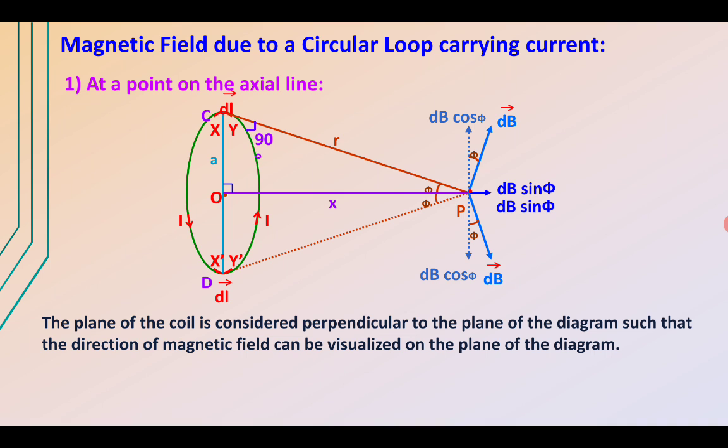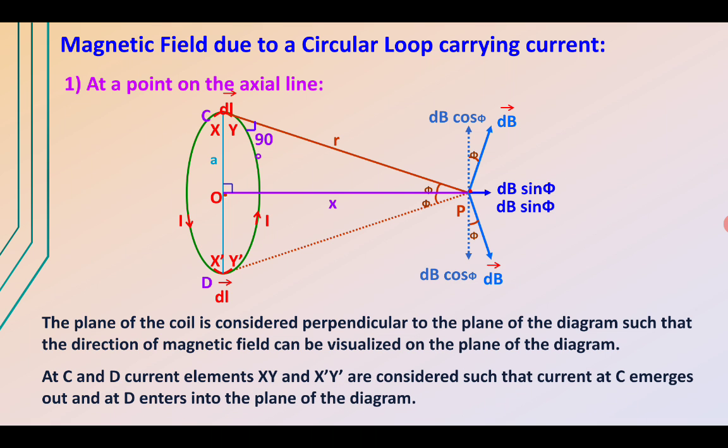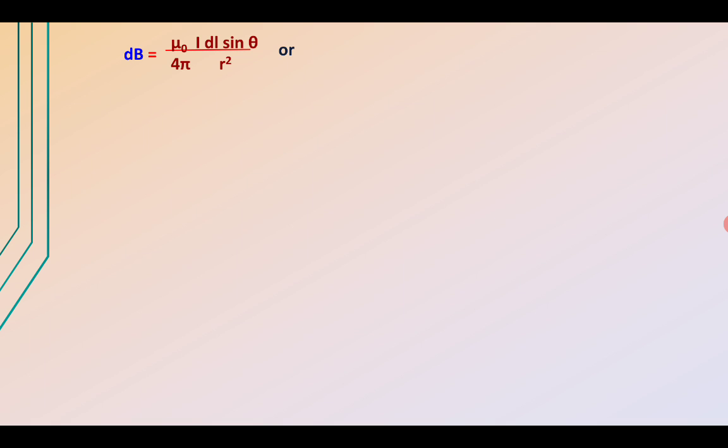So the plane of the coil is considered perpendicular to the plane of this figure, such that the direction of field can be visualized in the plane of this figure. Now applying the Biot-Savart law, the magnetic field dB is equal to mu naught I dl sin theta upon 4 pi r square. This is how we are applying the Biot-Savart law for this current element dl of this circular loop,